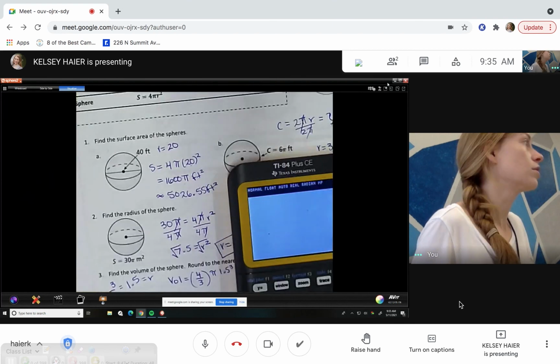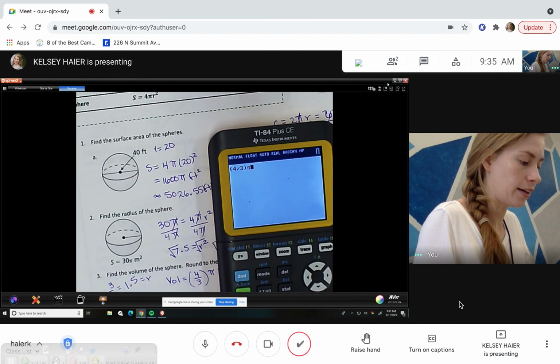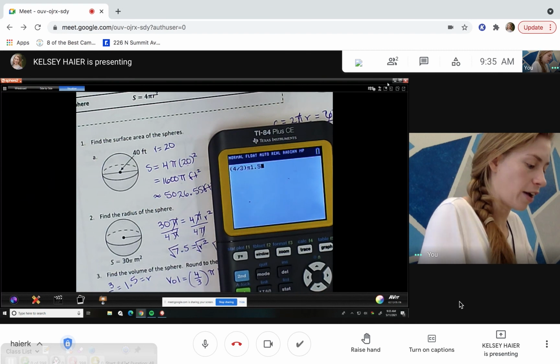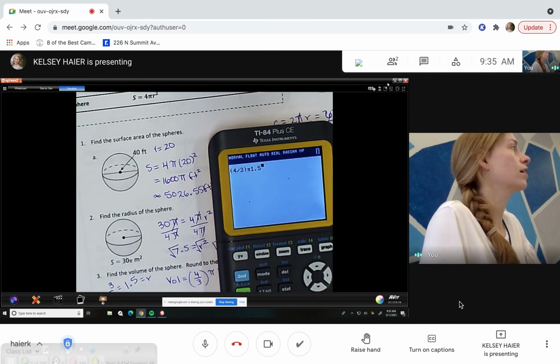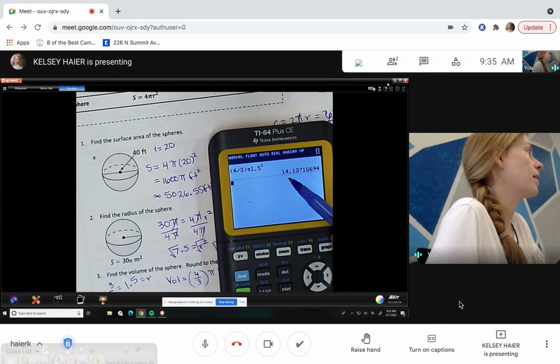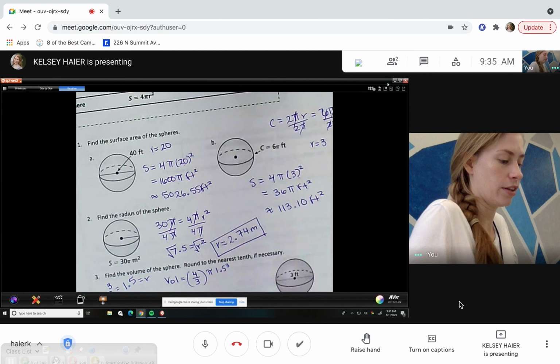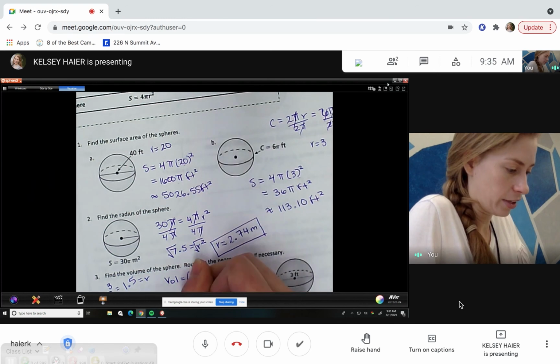So I have 4/3 times pi, and I have 1.5, and I'm going to use the caret key to the 3rd power, and then boom. So my volume for this particular sphere is just 14.14, because I'm going to round it to the nearest hundredth, right? So it's roughly